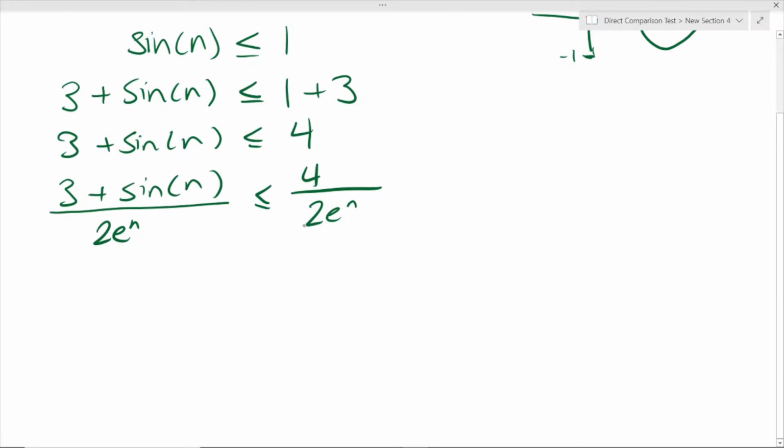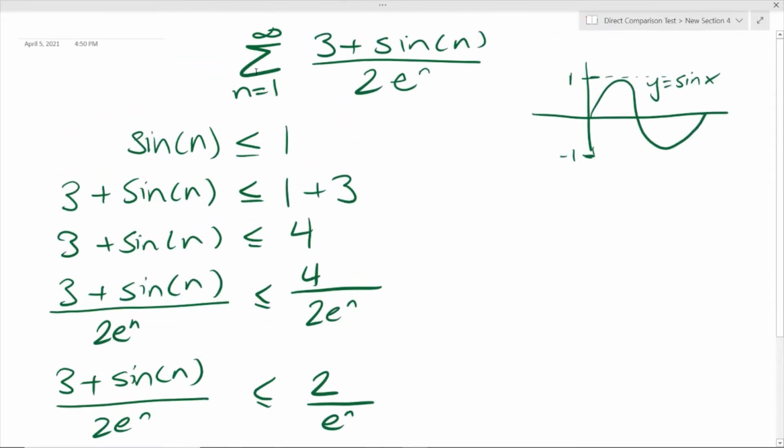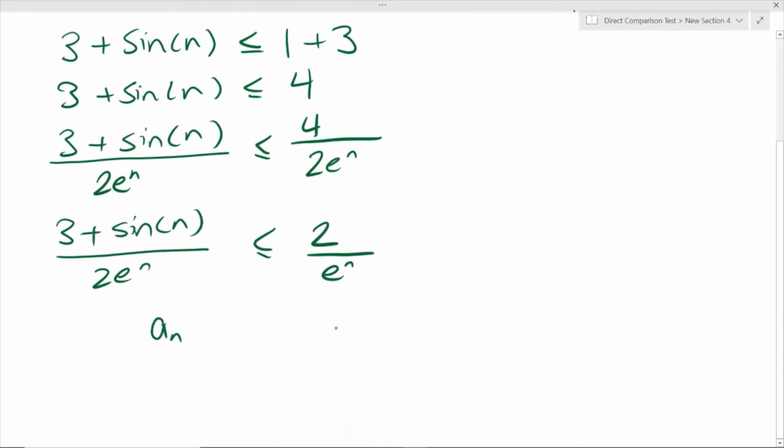And also 4 divided by 2, oh, we can simplify that first before we even jump to that. So this is going to be 2 over en. And as we can see here, this is our an, which is what we're trying to find ultimately, right? And our bn is what we're comparing it to. And we can see that, oh, okay, well,